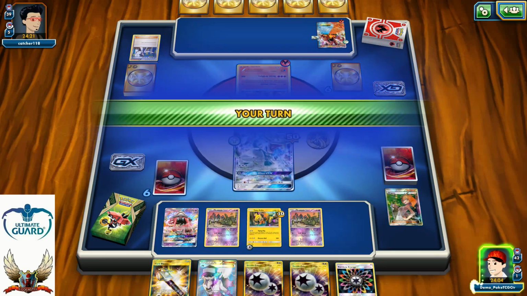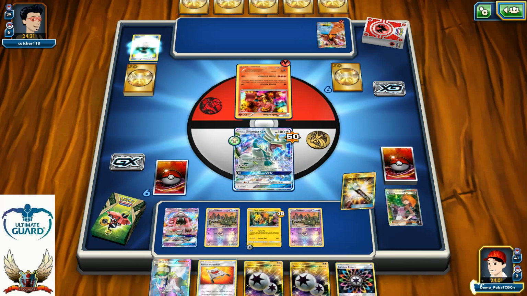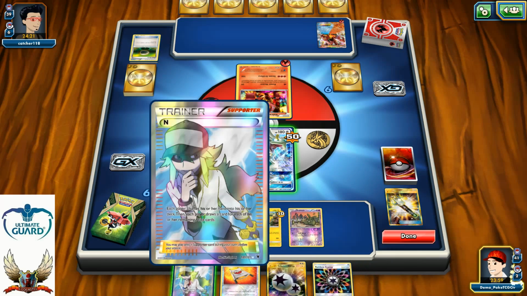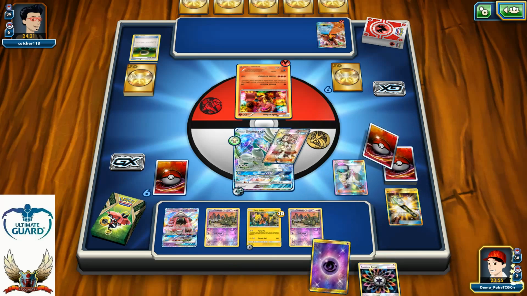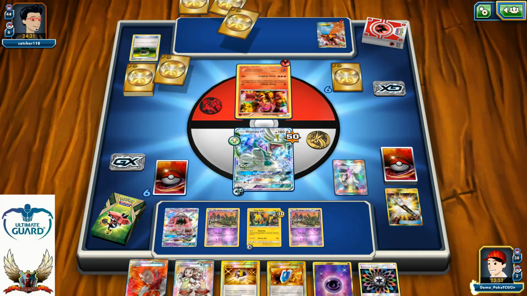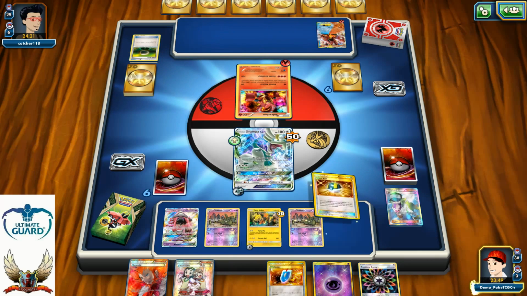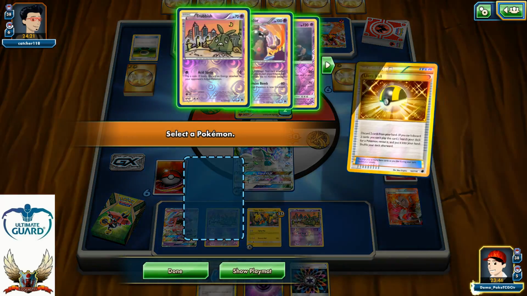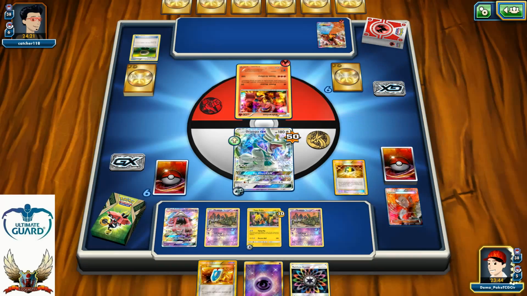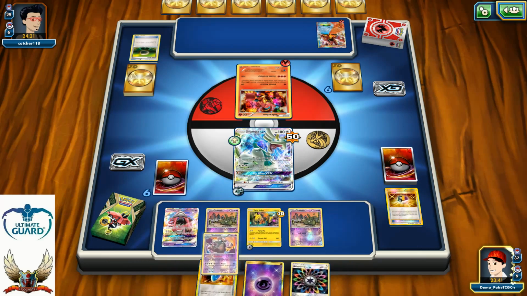Okay, that's fair enough. Let's go with a Field Blower, Double Colorless Energy attachment, and 1 copy of N in hope to find that Multi-Switch. But there is no sign of the Multi-Switch. At least I have my Ultra Ball available, and I can grab myself 1 copy of the Garbodor. Unfortunately, there is no tool in my hand, so I cannot stop my opponent from using those